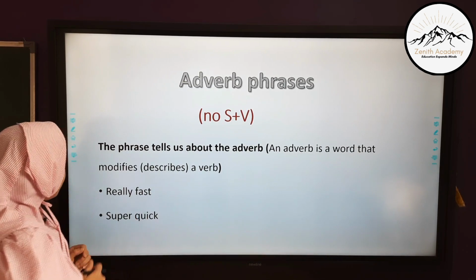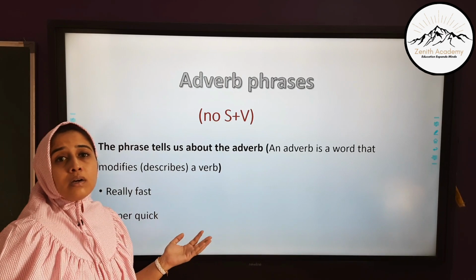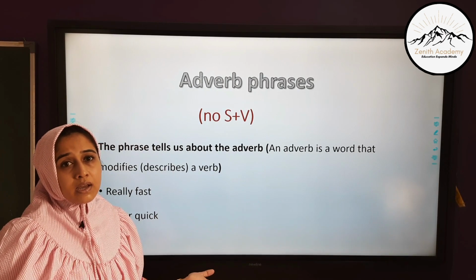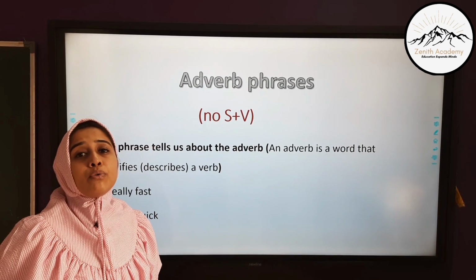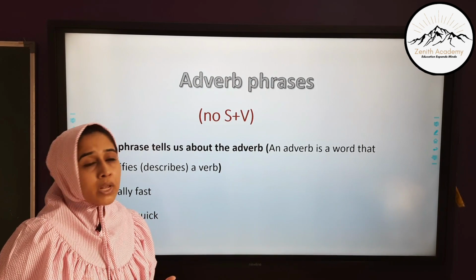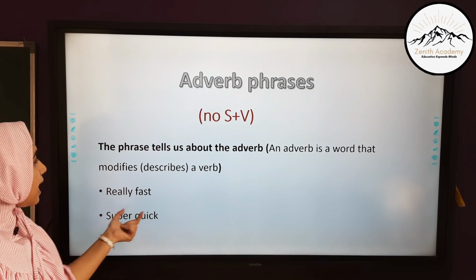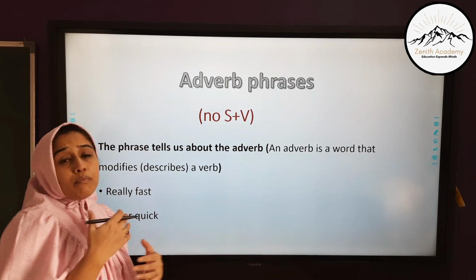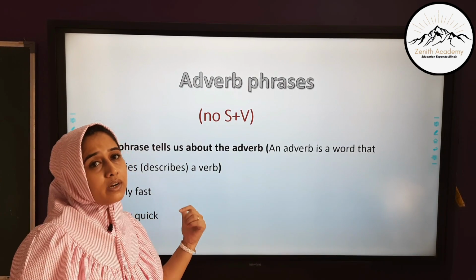The next example, super quick. Quick is doing something fast. We always use this phrase while asking somebody to work faster. So here it focuses on super quick. So it is an adverb phrase. The motion or how a particular thing should be done, that is focused over here, and that is why it